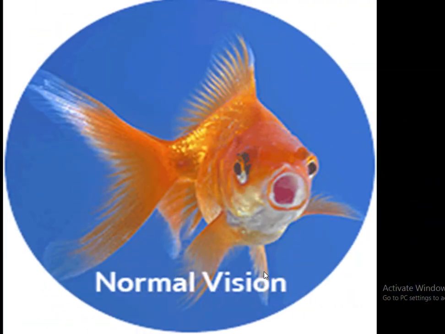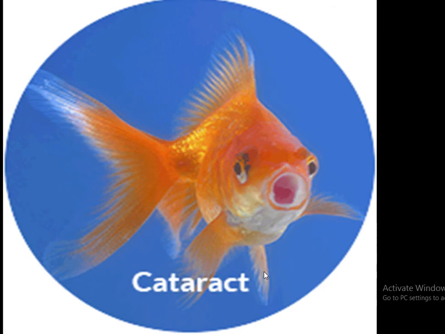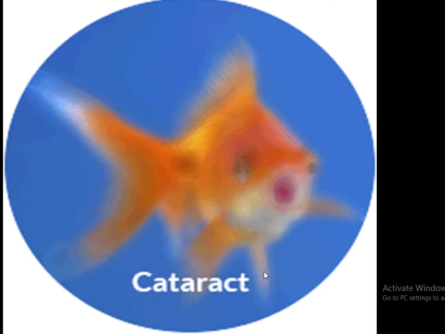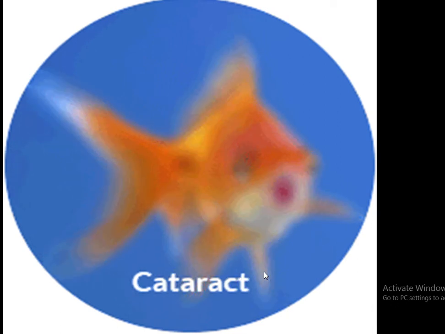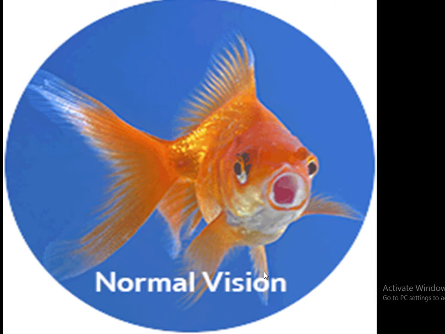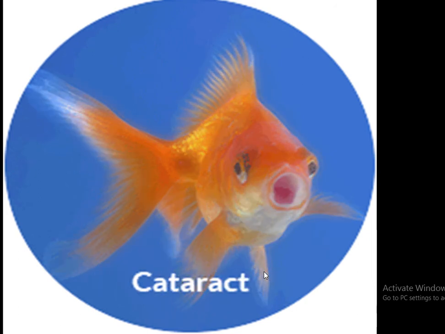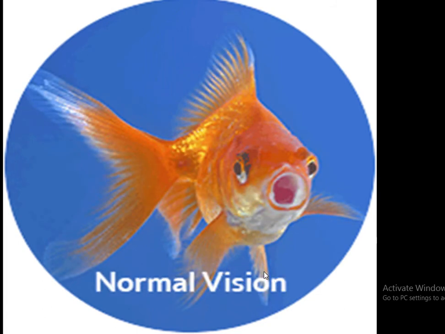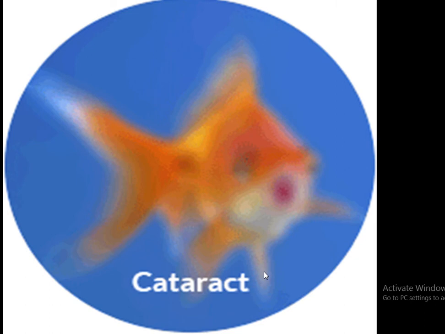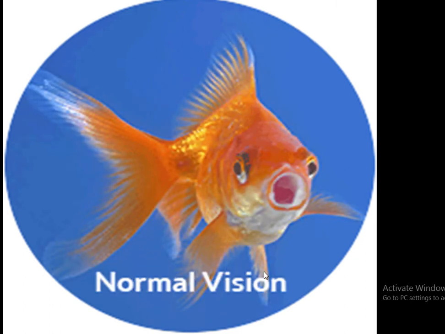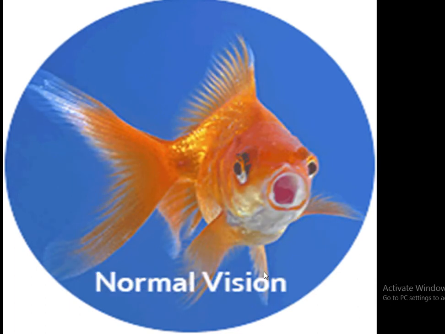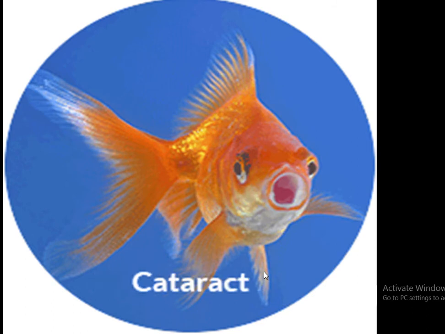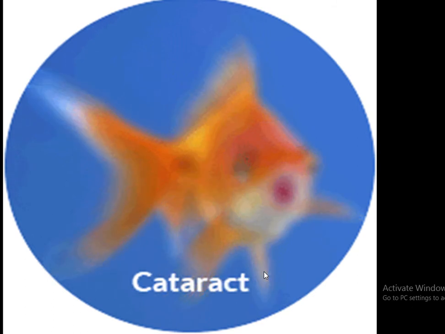This is the image difference when anyone has normal vision and when they have a cataract. But you must know that the blurriness of the image depends upon how much the lens is opaque. Considering the cornea is working normally and the retina is working normally, it is just the lens which is becoming diseased or abnormal, and because of that the blurring of vision is